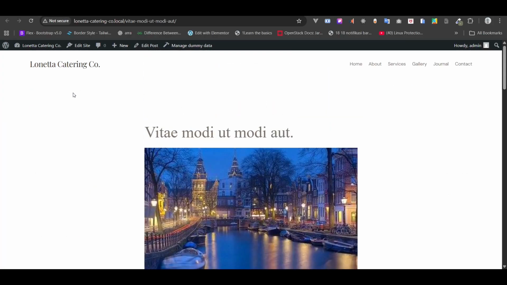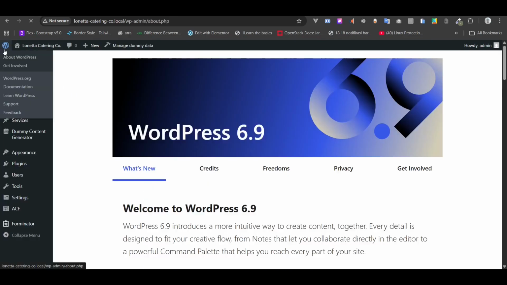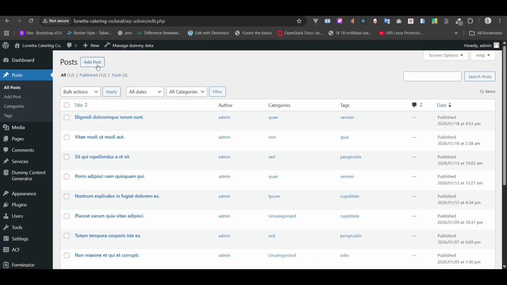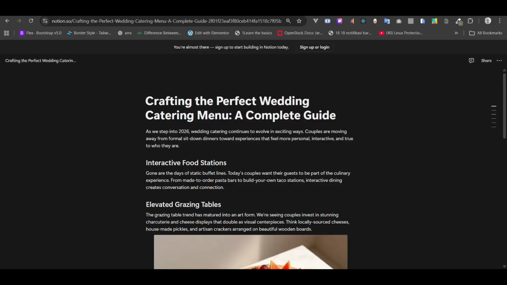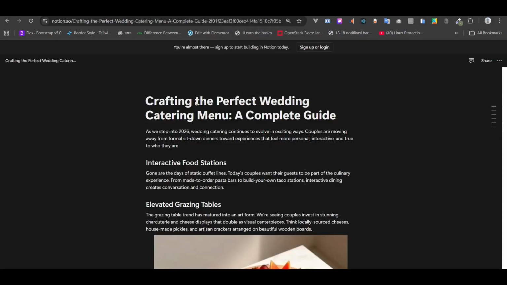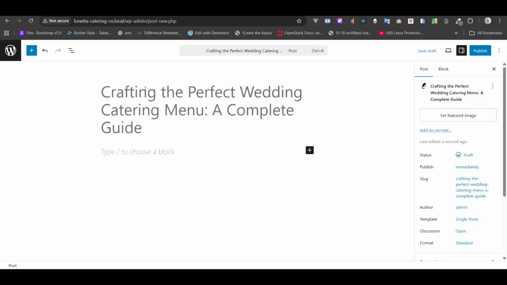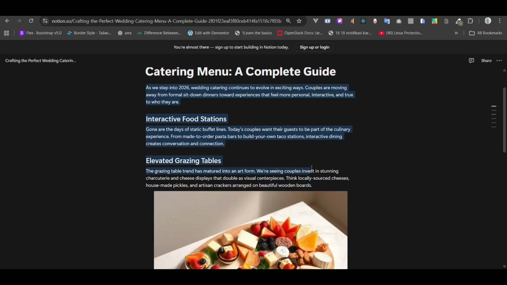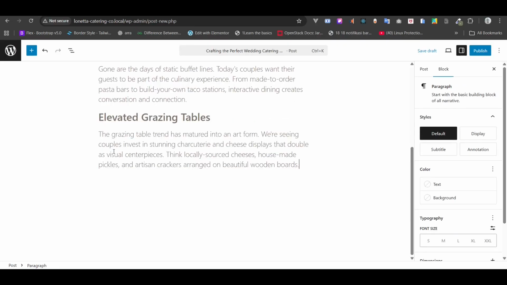Okay, we're going to work on it, but now go to WordPress dashboard and go to posts, all posts. Now I want to create another post that makes more sense, not just lorem ipsum. So I already have the article. You can check the link and you just need to copy paste all the stuff. Okay, just copy paste one by one, paste,